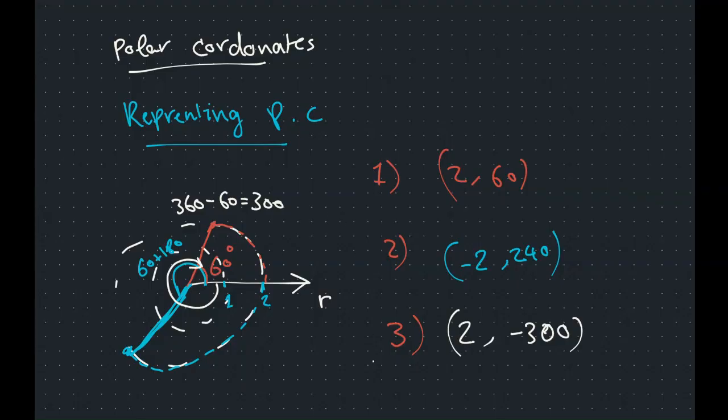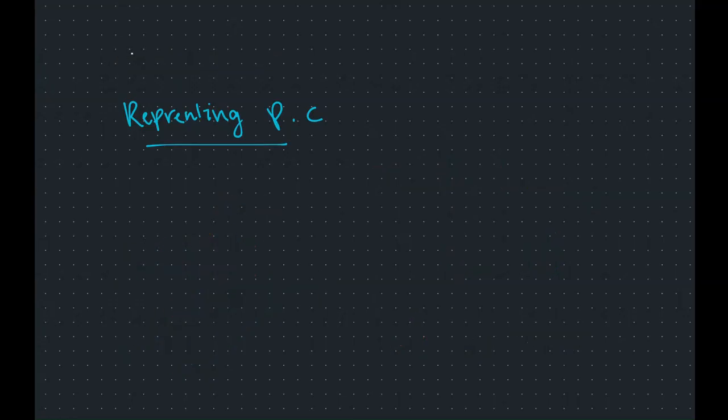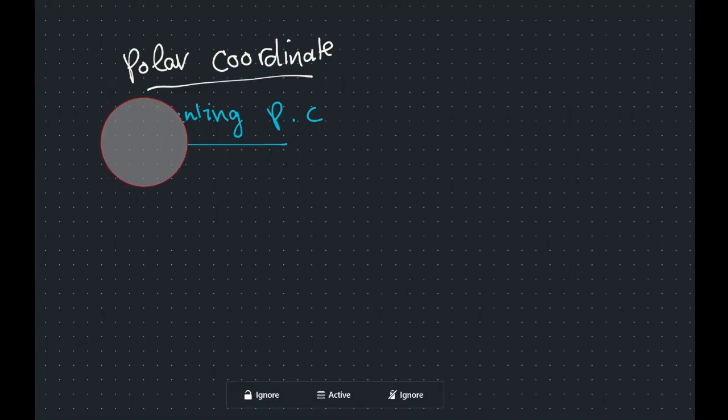So there is always more than one way to represent any point in the polar coordinate system. So I actually checked the spelling and it's polar coordinate like this. Now everything is great. So we finished representing polar coordinates in different ways, and of course when we solve questions it will be